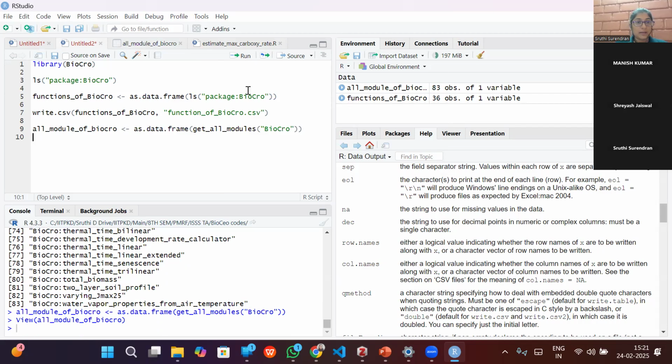So this over here is a BioCro related command that we got by checking this package of BioCro. Can you please repeat the fifth step? The fifth line. Okay. So here what I'm doing through this